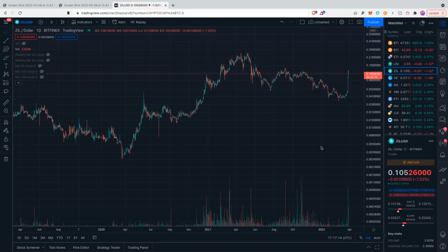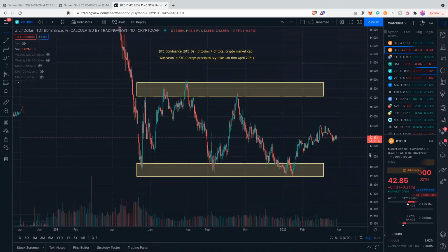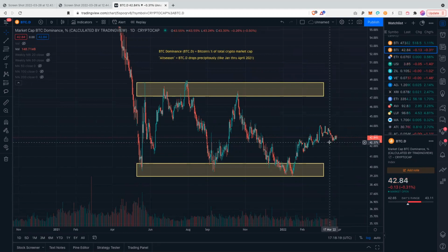That doesn't mean that altcoins can't perform well, and clearly alts have been performing well over the past week along with Bitcoin. The question though is whether an investor would be better served by holding primarily Bitcoin or by diversifying into altcoins on the expectation that they might outperform Bitcoin for a period of time. So with that in mind, let's take another look at the Bitcoin dominance chart. The last time we looked at this, a week ago, we were about at the same level we're at now,